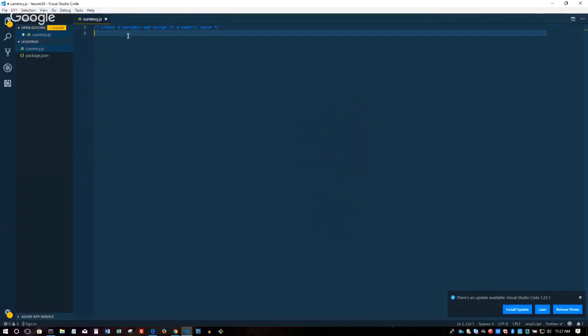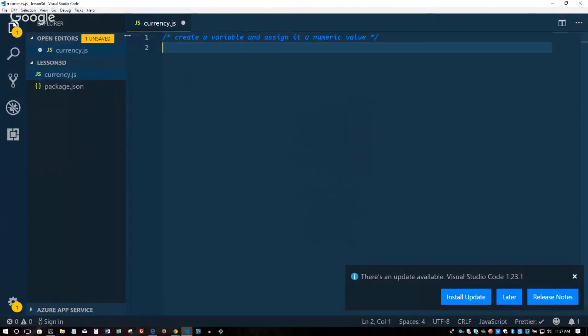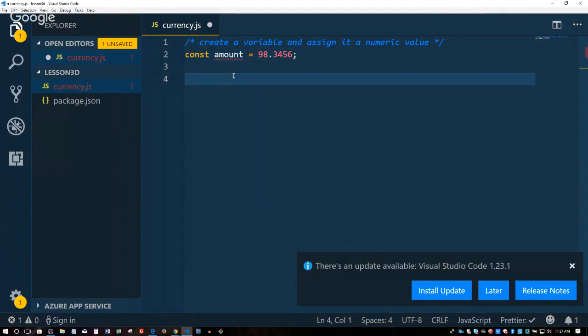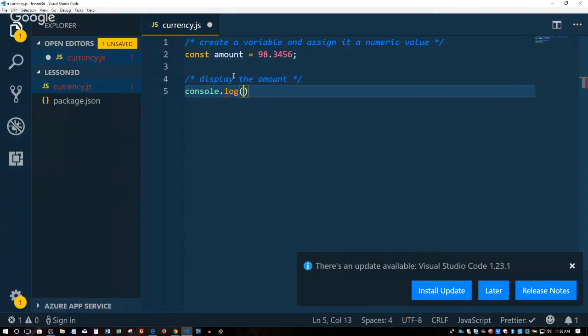I think this is too small, right? We'll just say const amount equals some number. Okay. And you could have said var amount or let amount. I just chose const amount. We're just going to display it for now. The console log.